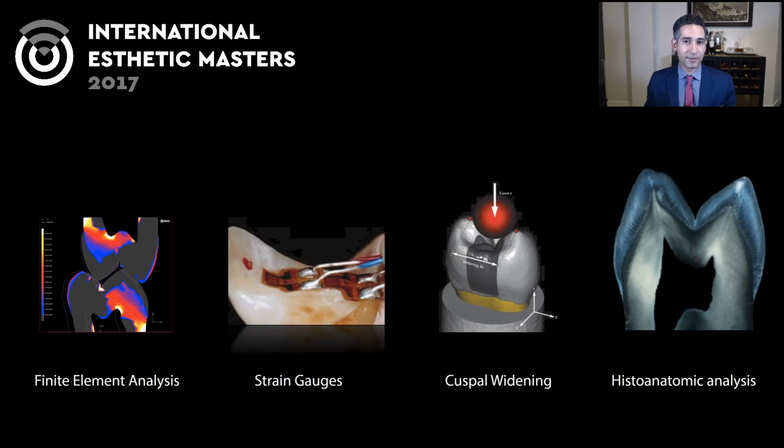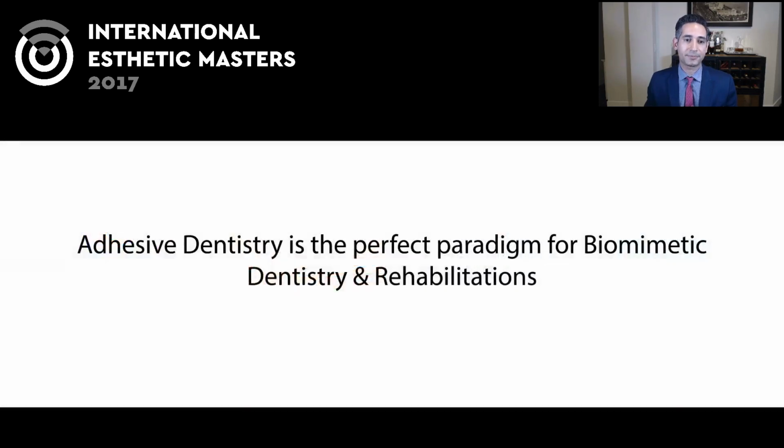And a lot of studies are out there, but some of my favorite types of studies to understand the tooth are finite element analysis, which shows us how stresses are distributed in a tooth under different scenarios. There are strain gauges that again show us how stresses concentrate. Then there are cuspal widening studies, which show us the result of preparation of a tooth and what happens to the tooth in terms of deformation. And lastly, the histoanatomic studies, which look at the natural properties of the teeth and the junction and the direction of the enamel rods, and they really help us understand what it is we're trying to mimic. When you look at all these things, you see that adhesive dentistry is the perfect paradigm for biomimetic dentistry